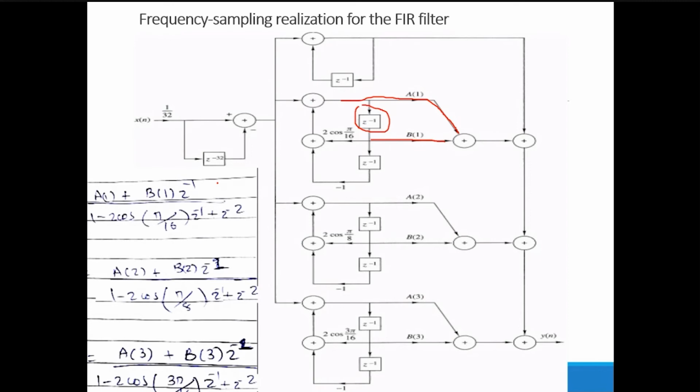In the denominator, you have 1 minus 2 cos pi by 16. So here it is multiplied, there is Z inverse. Here it is delayed, and then it is 2 cos pi by 16 and then added. And then the second is Z to the power minus 2. So here first Z inverse, second Z inverse, and here you have the plus sign. Here you have to apply the reverse of that minus. So this is added over here. This is your numerator part, and this is the denominator part.